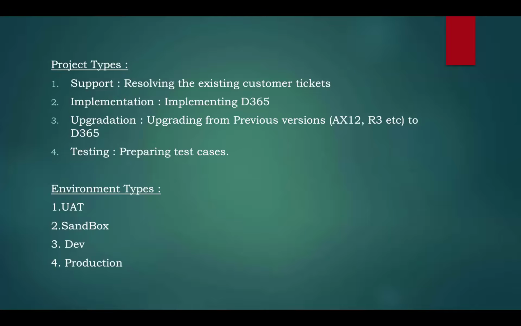Upgradation is also kind of an implementation, but the difference between implementation and upgradation is, in upgradation, they must already be using older versions of AX, R2, R3, anything, and moving to D365. The reason is Microsoft has clearly informed customers to upgrade to the latest versions. And the support for the previous versions, they have completely stopped officially. If they are still using any AX 2012 R3, and they face any issues, Microsoft is no longer going to respond. So most of the projects that we are getting and that you might see are all this upgradation to the latest versions.